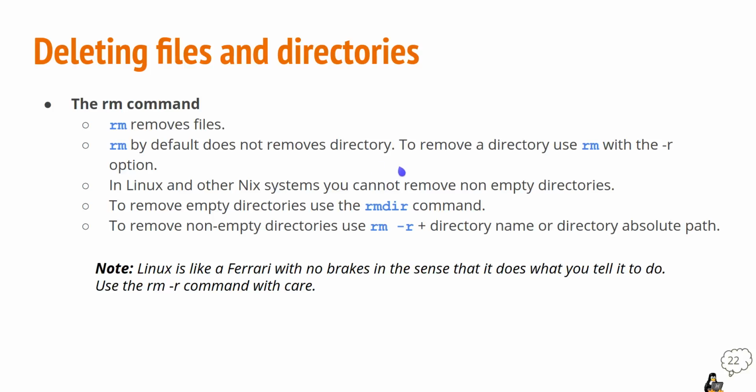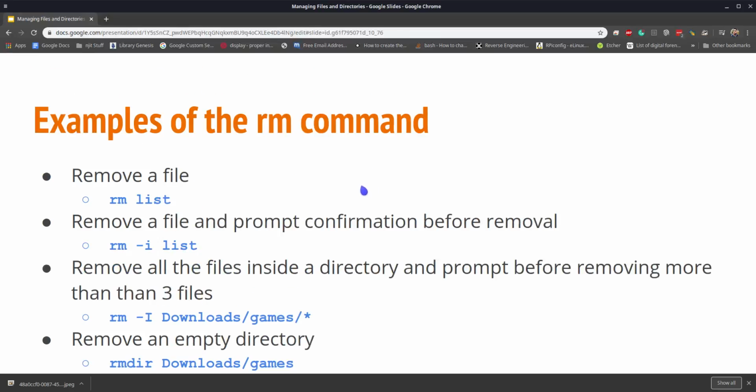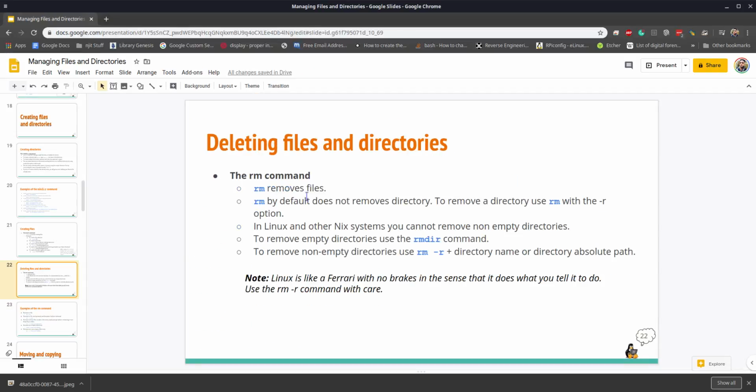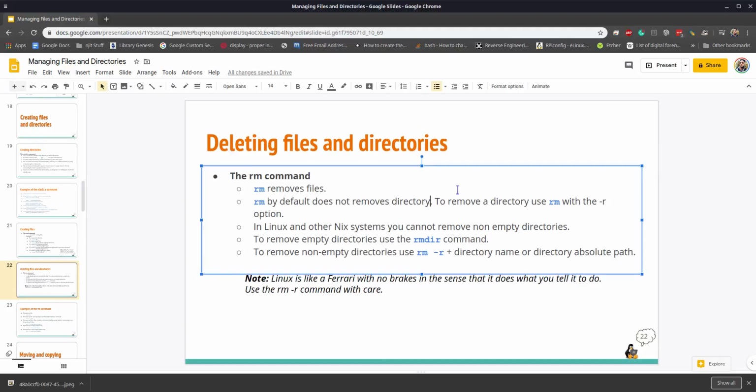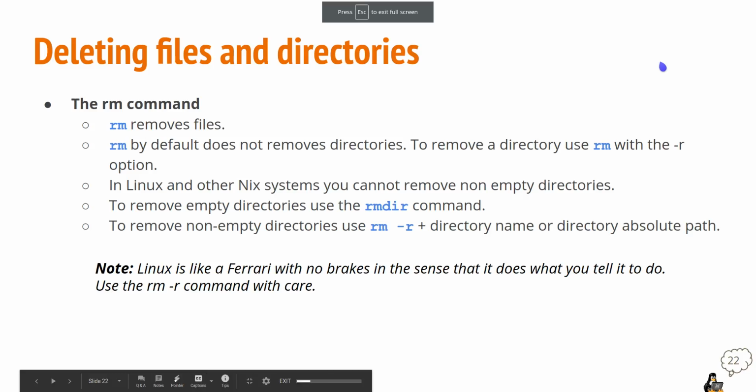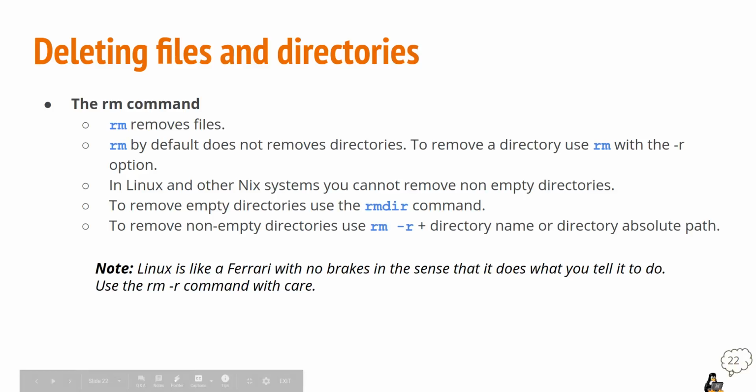You know, and there is a typo there. Let's fix it right away. Directories. There you go. Let's get back on track. So rm by default does not remove directories. To remove a directory, we use the command rm, obviously, with the -r option for recursively,